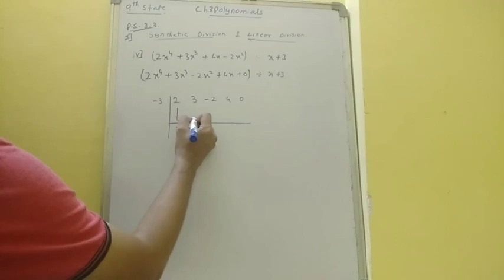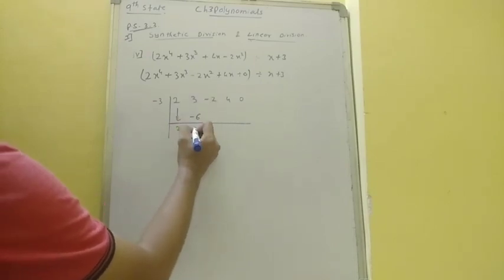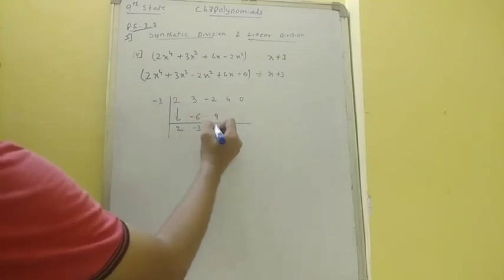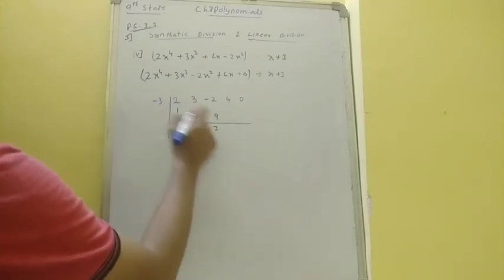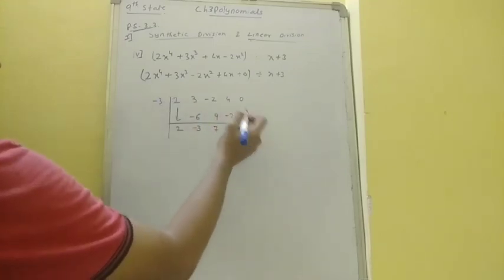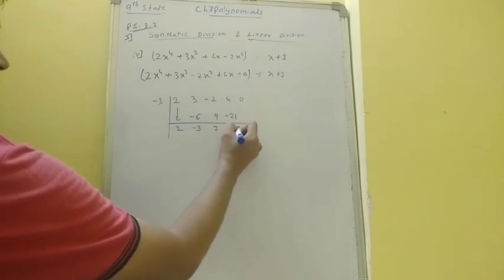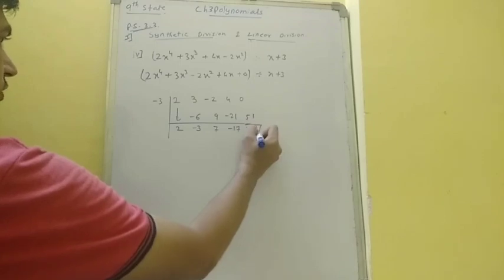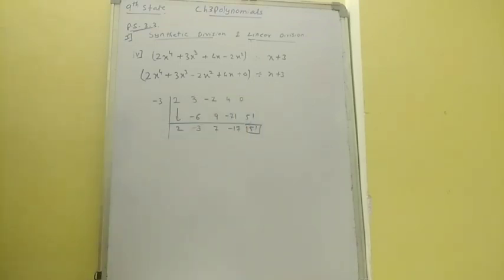This as it is 2. 3 2s are minus 6 plus 3 minus 6 minus 3. 3 3s are positive, minus minus plus 9. So we have 7. 7 3s are minus 21. So it is minus 17. 17 3s are 51 and 51. 0 plus 51. 51 as it is.